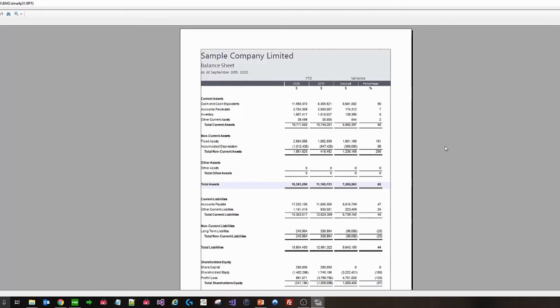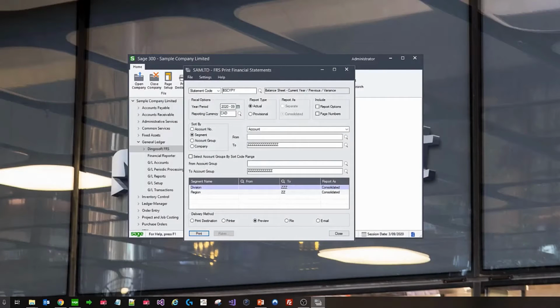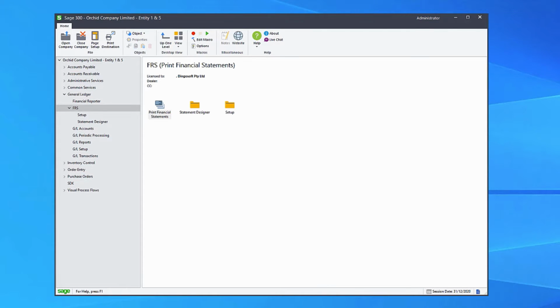So there we have a nice looking balance sheet for this company, and that took way less than 2 minutes to implement the product and produce a balance sheet. Okay, let's now have a more detailed look at the product, and we'll start with a quick look in the